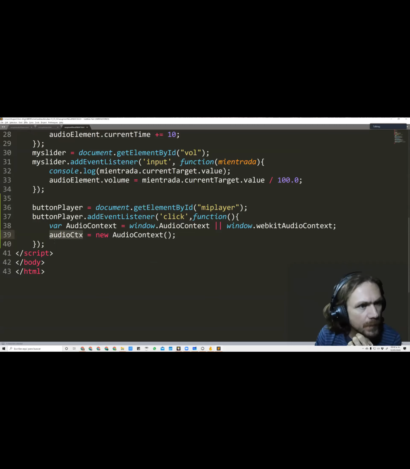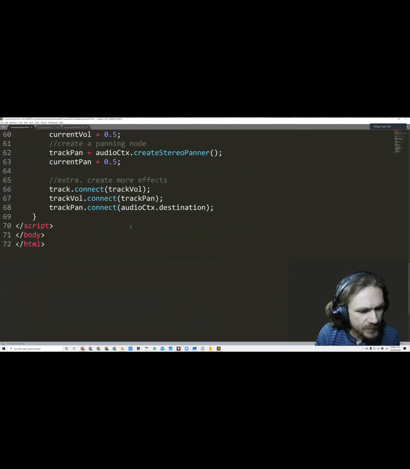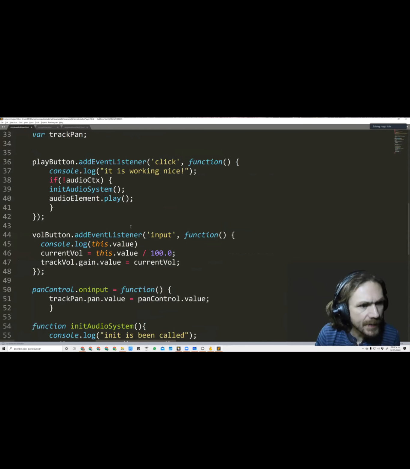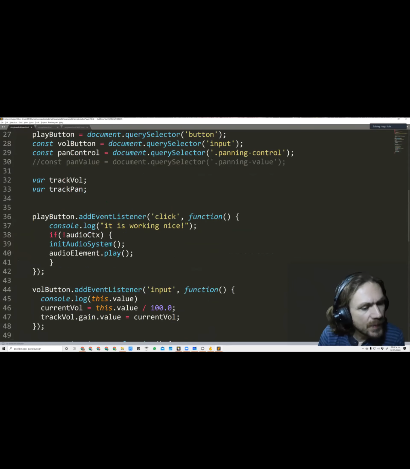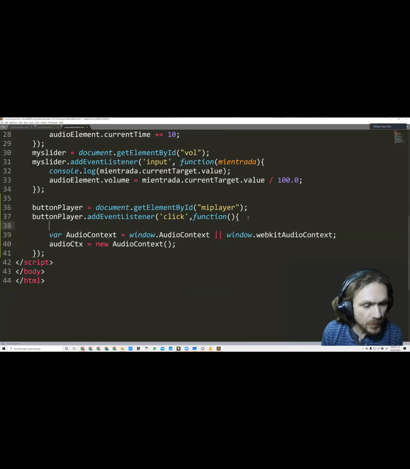No? Okay, so once we have that, I will also go and steal somebody's code, because there is a section that is very nicely created, which is this one. If there is no audio context, I will start it. I will go here and I will say, okay, when I press the button, this should happen only once, right? Once I press it, I start the audio engine. So if